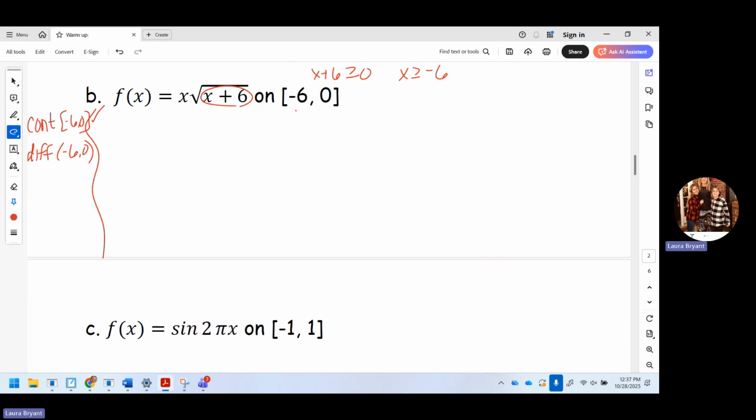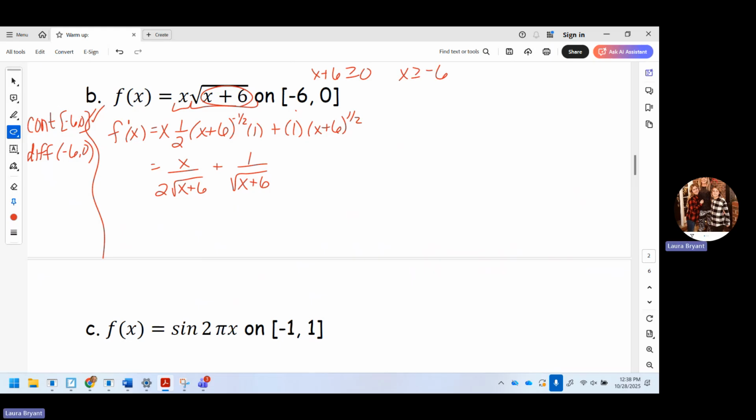The way you check that is you've got to do the derivative. The derivative on this one is a little more involved because we have a product rule and a chain rule. So we do A, B prime is going to be x times 1/2 (x+6) to the -1/2, chain on the derivative of the inside, which is 1, plus A prime B is going to be 1 times (x+6) to the 1/2. And then I'll just go through and simplify that. So I get x over 2 radical x+6 plus